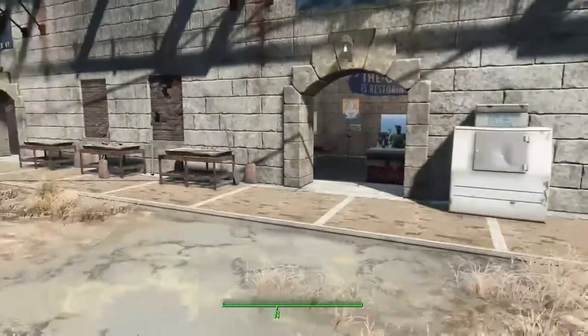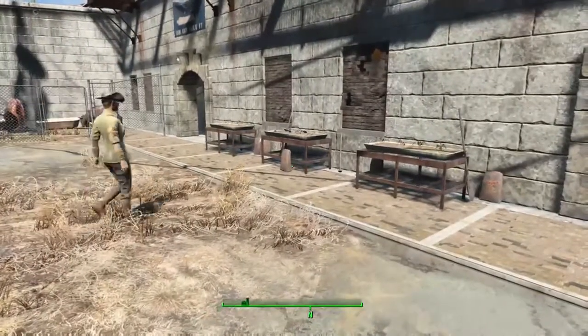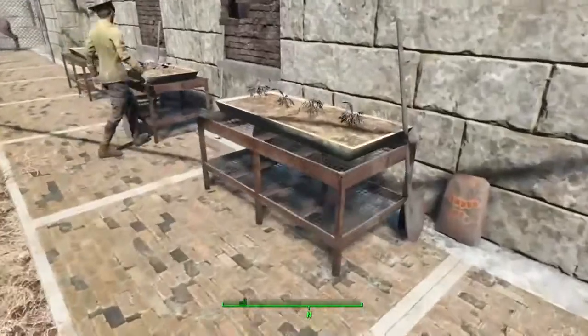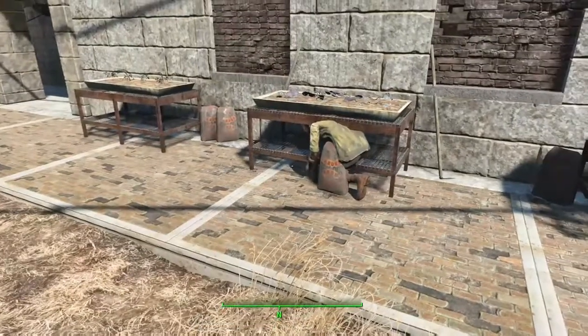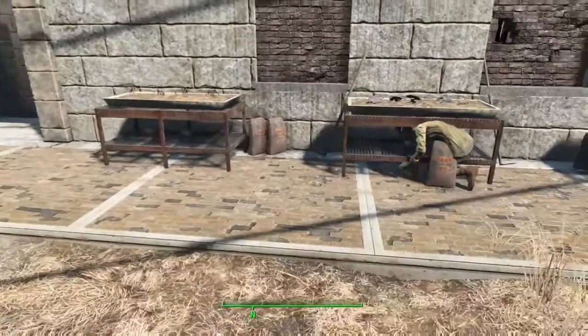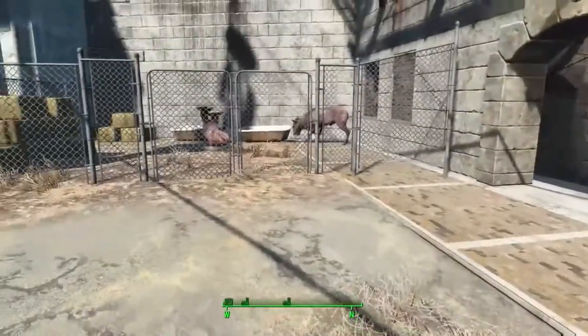Then these over here, these are the only crops I have in this settlement. And the planters do work out, but as you'll see, you see them kind of glitching into the tables, like they're working them like they're on the ground. I wish they had better animation where they would work it like it's on the table, but...